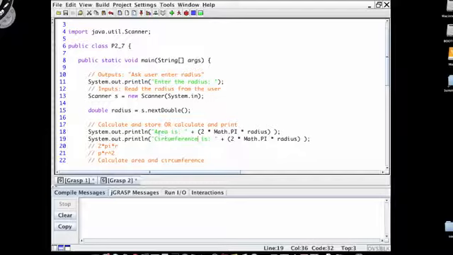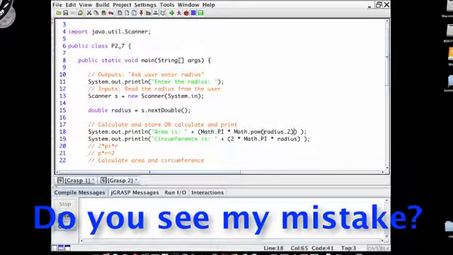Oh, you know what? Did I get those backwards? Area is pi r squared, I think. If I'm wrong, just yell at me. So pi times radius squared. And I know I'm going to use math.pow, radius to the second power. And this process of typing these things out, I can put some extra spaces in here to help me read